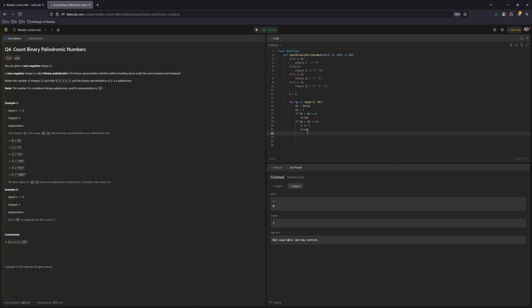Okay. We need to know the maximum. Maximum possible value equals, well, let's start left bit plus right bit. And then while left bit is greater than right bit,